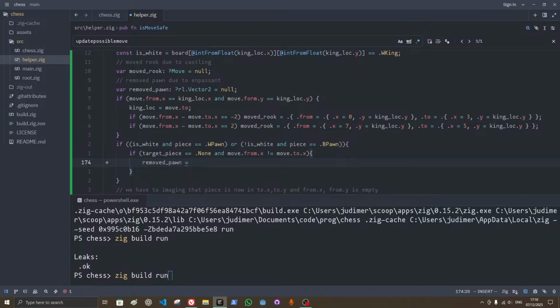Then the en passant happened, and the removed pawn is